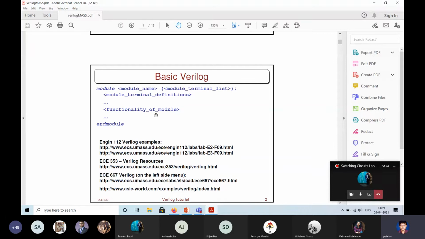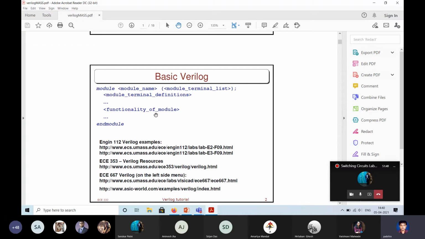Now this functionality can again be of two types: behavioral and structural. In the behavioral way, the right hand side can be a Boolean expression, or you can write the entire thing as a truth table. We will see how you can write the entire thing as a truth table.